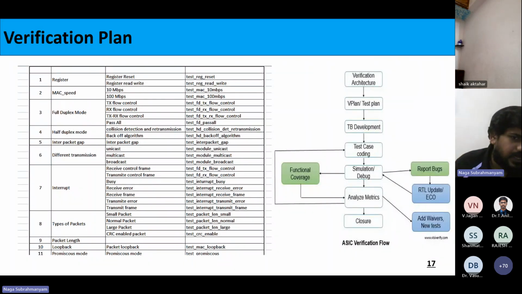For all those things, I'll write the items. Those are verification items. Based on that, I'll write my test cases, right? At the end, you have to understand that there will be one environment and the test cases will be different. We don't have a separate environment for each test case. Here I wrote a total of 11, with 2, 2, 3, 3 in each group. We don't develop that many environments. There is one environment, and each item is one test case.